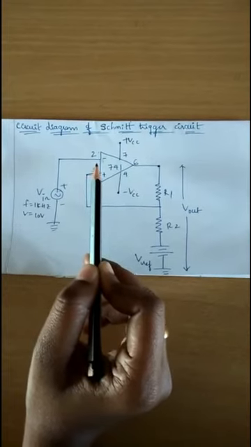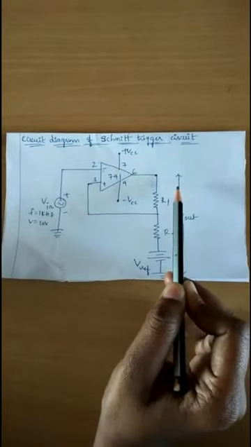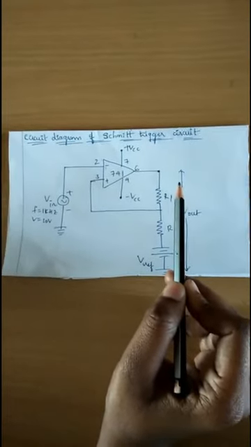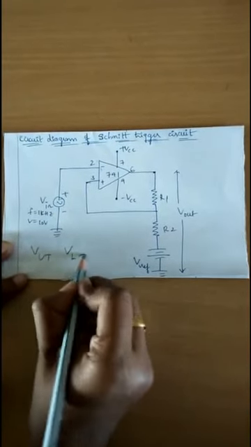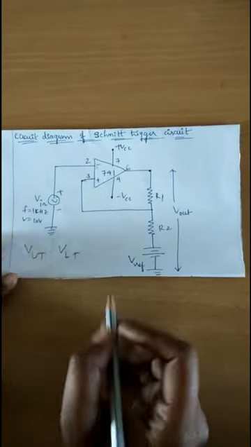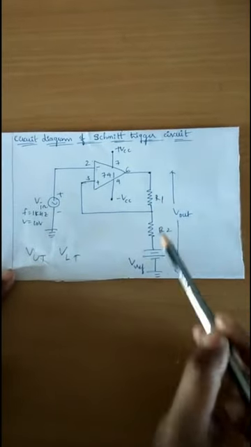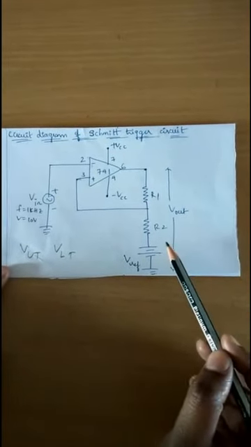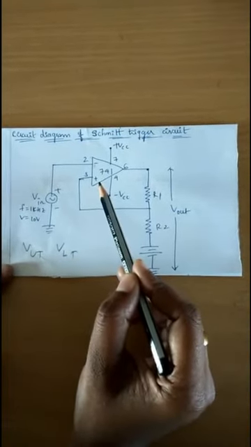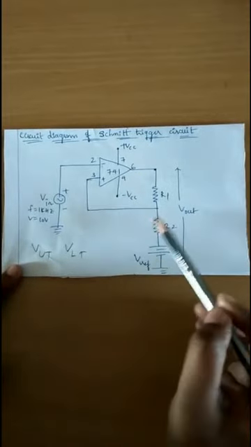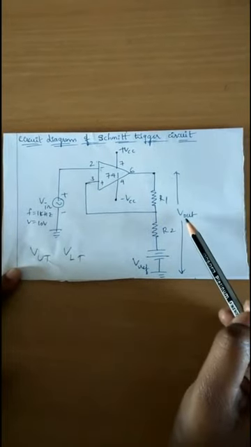The input voltage Vi triggers the output voltage V0 every time it exceeds certain voltage levels called the upper threshold voltage, VUT, and the lower threshold voltage, namely VLT. As shown in the figure, these threshold voltages are derived using the potential divider R1 and R2. The voltage across R1 is fed back to the non-inverting input, that is, the positive input of the op-amp. The voltage across R1 depends on the value and polarity of voltage V0.